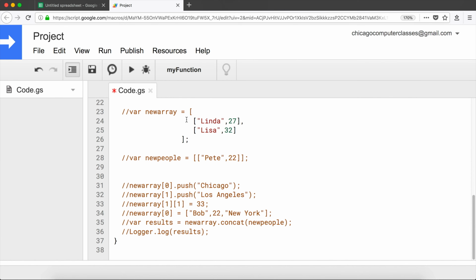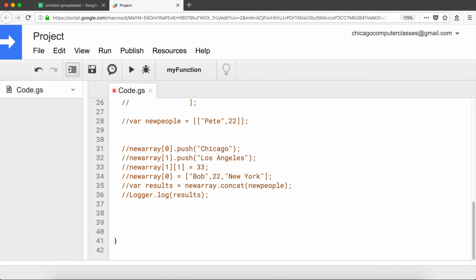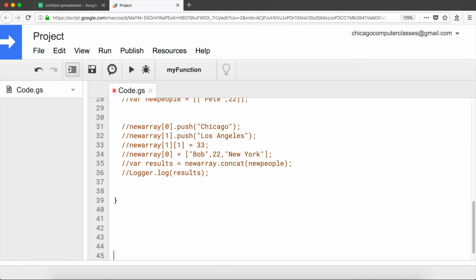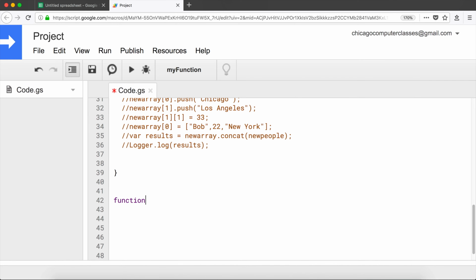I'm going to move down here. Oh, this needs to be commented too. Okay, that's good. Now I'm going to leave this alone because it's getting too confusing. I'm just going to create a new function, call this one test,